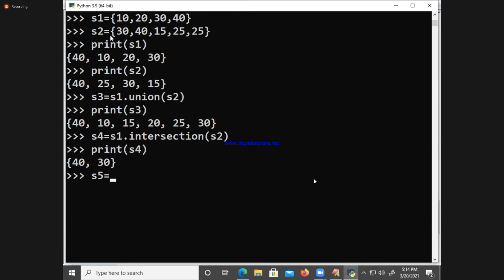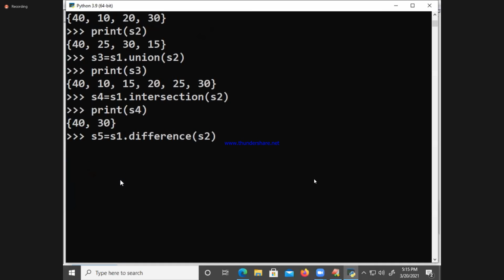S5 is equal to S1 dot difference of S2. S1 minus S2. Remove the common elements, strike off. Elements from where? S1. If I use S2 first and S1 later, what will come? Exclusive elements of S2. Are you okay?